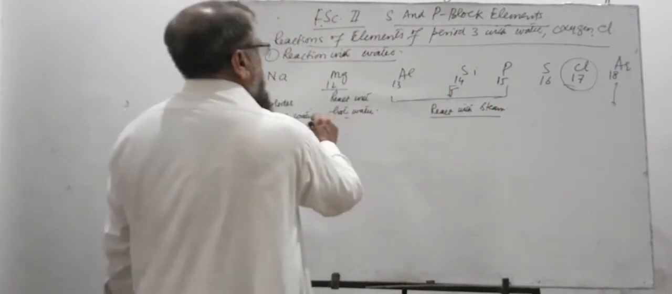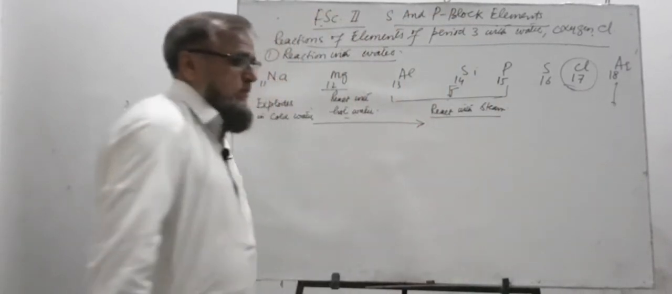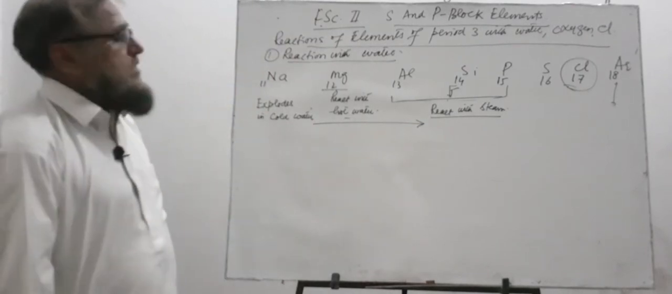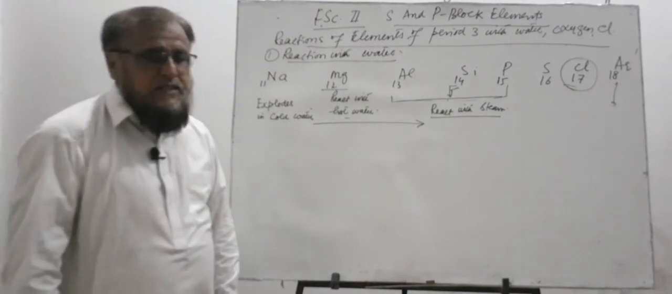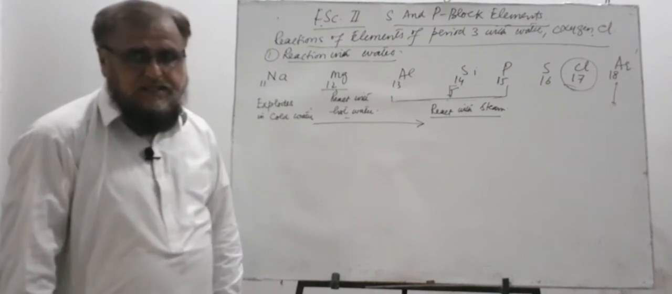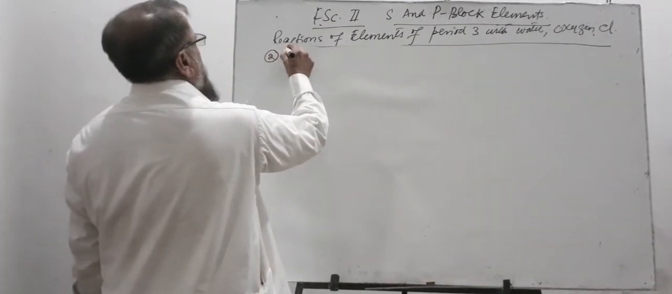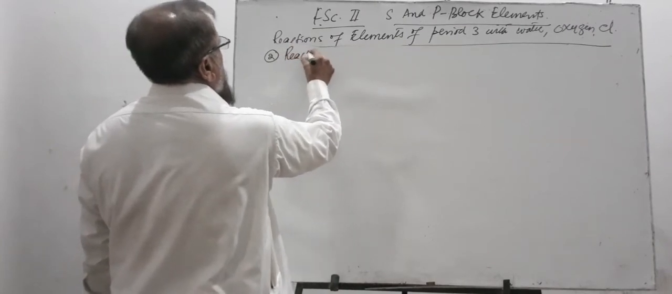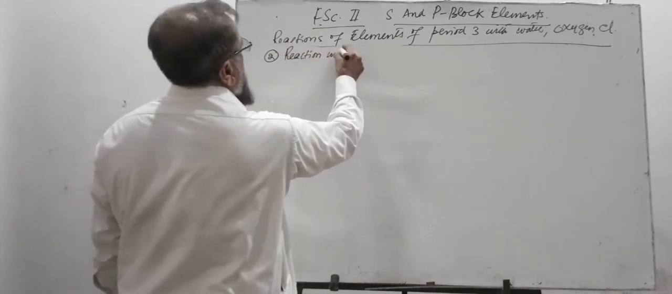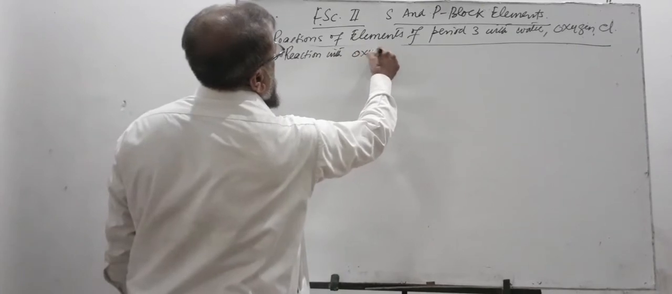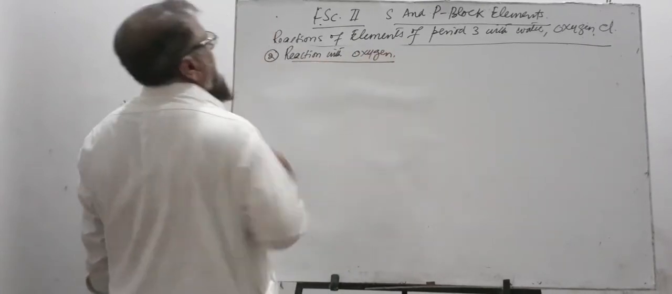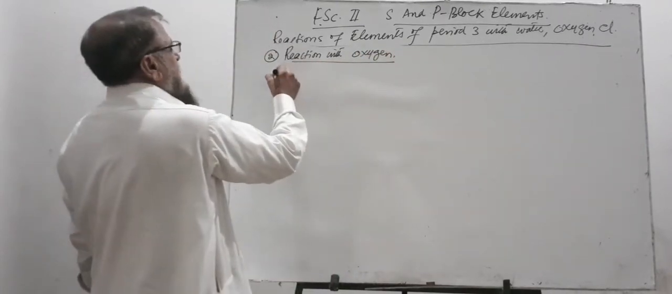It shows that as we move along period 3, the reactivity of elements towards water generally decreases. Now consider the second reaction of period 3 elements, and that is reaction with oxygen or air. Sodium metal